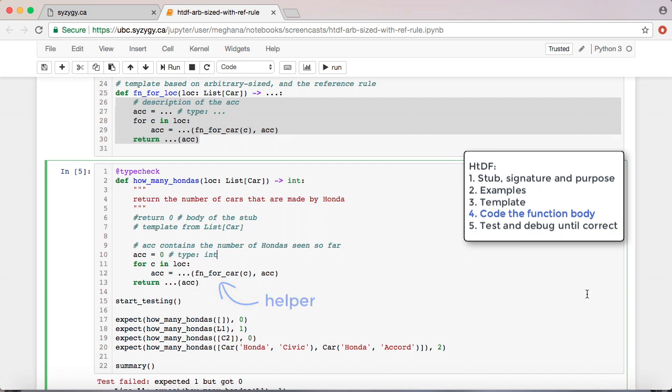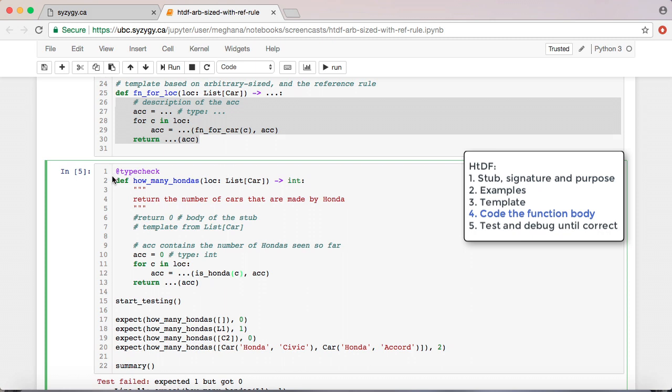I need to check if this car is a Honda, and if it is, I need to add 1 to the accumulator. If it's not, I don't need to add 1 to the accumulator. What I need here is a helper function that will return true if that car is a Honda. I'll write the call to the helper function that doesn't exist yet.